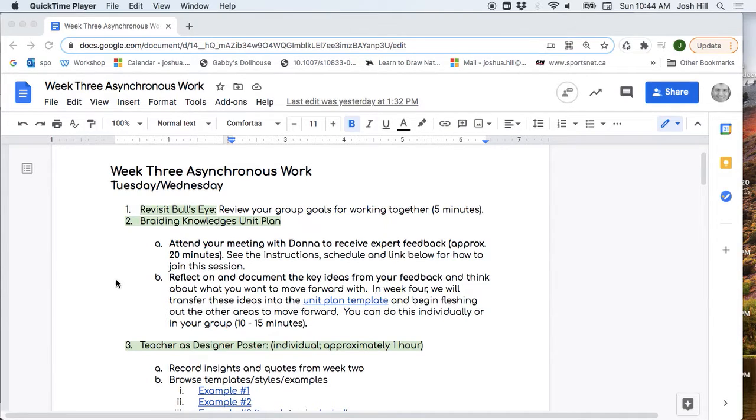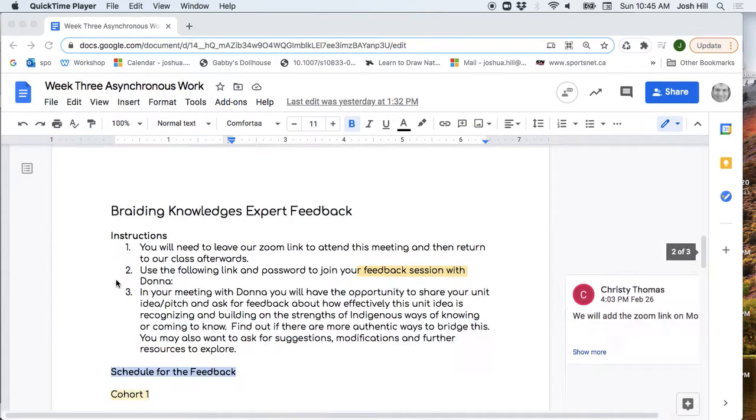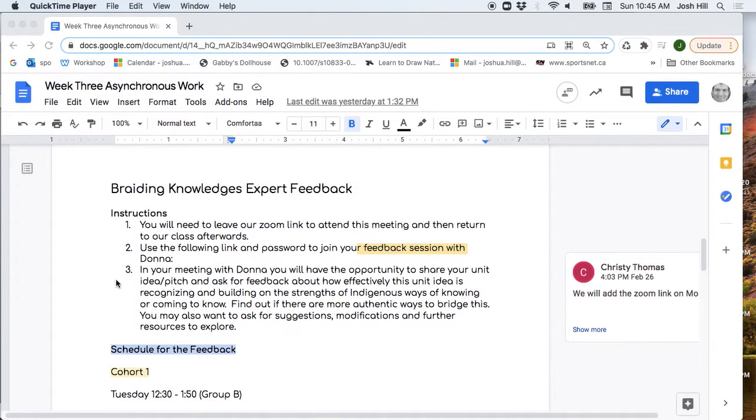First of all, this week has the major opportunity to get feedback from Donna Ross. So I'm going to talk about that first, although you will sequence it based on your schedule because everyone's going to rotate through. So first of all, the basic instructions